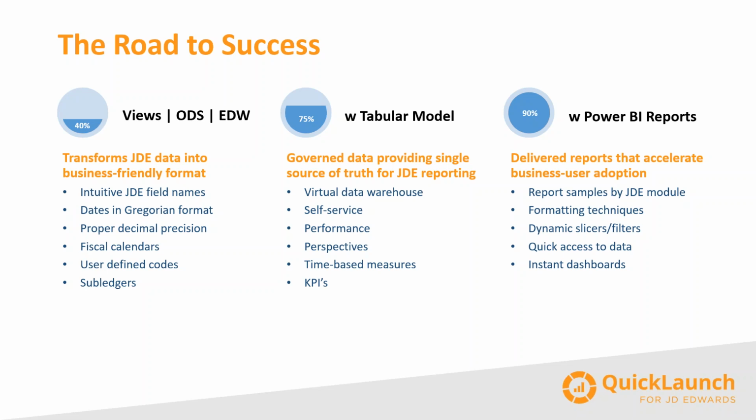Building reports, Power BI reporting for users will never be easier, but it's difficult if they have to start from scratch. So Power BI is great once you have a good data set. Without a good data set, it's just like any other BI tool, it takes some time. That's why a lot of people might start with Power BI and build a proof of concept from a spreadsheet. Right? So I've got a spreadsheet of data. Let me pull that into Power BI and start showcasing, which is great for presenting to executives the value of visualization, right? The question becomes, okay, I want that updated every hour of every day. And